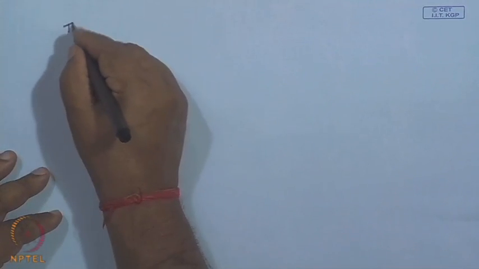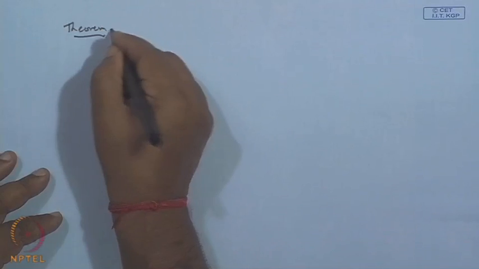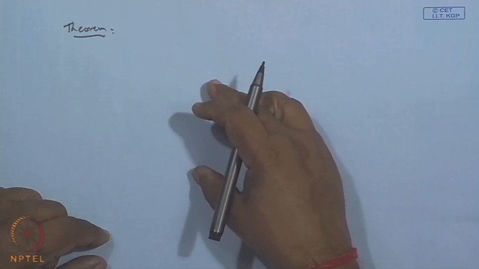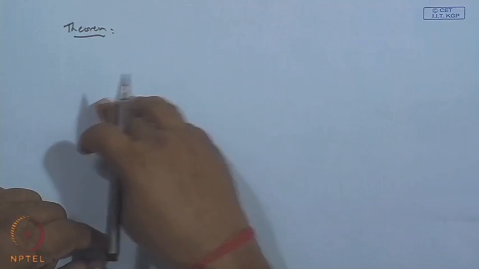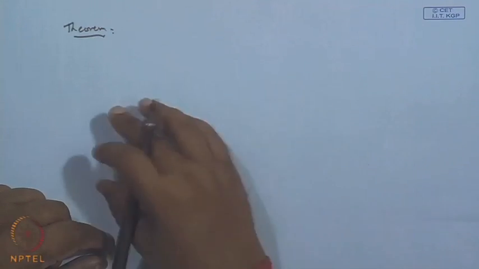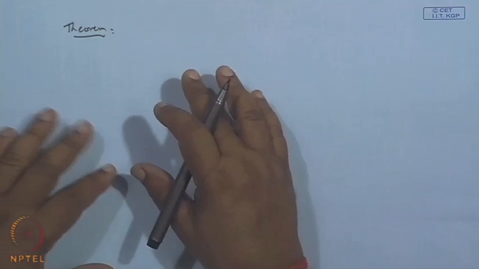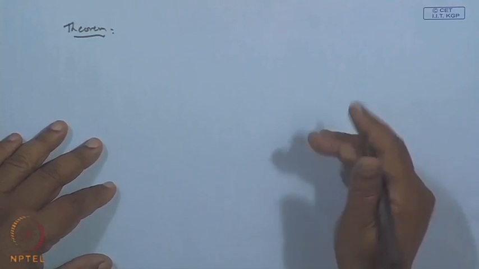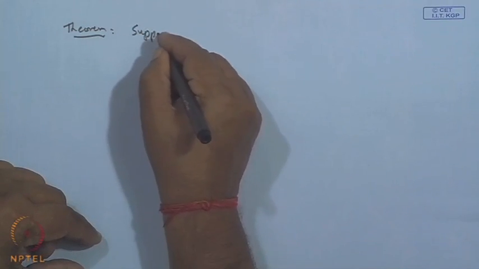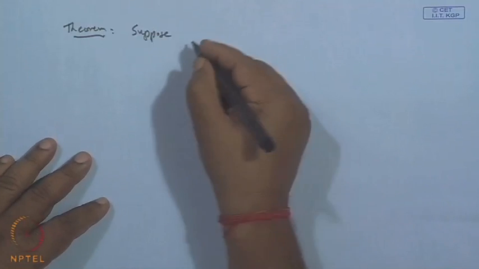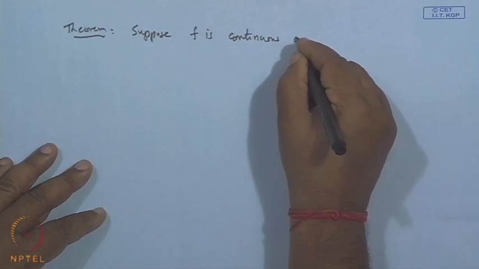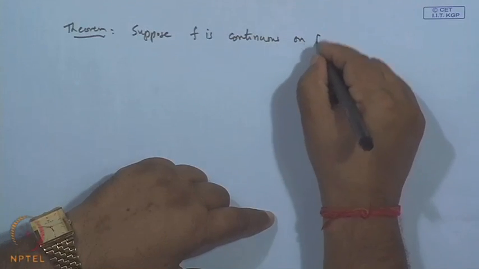Now, for composite functions also similar results hold, as we have in the case of continuity. Just like, if a function f is continuous at a certain point, and g is also continuous at the point f of p, the image of the point where the function is continuous, then f composition g is continuous at a. So, just like continuity, the same result follows for differentiability. So, suppose f is continuous on the closed interval [a, b],